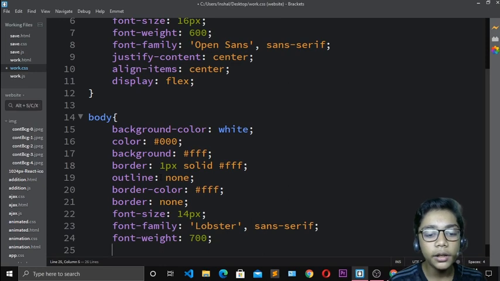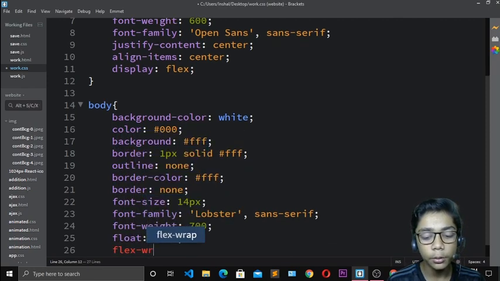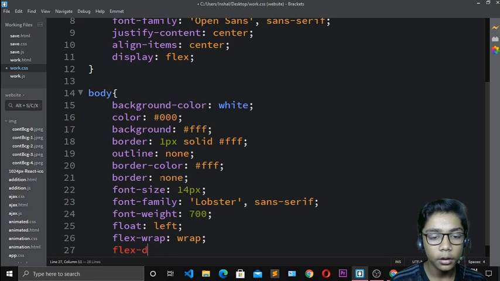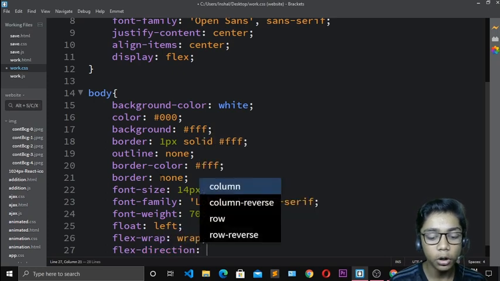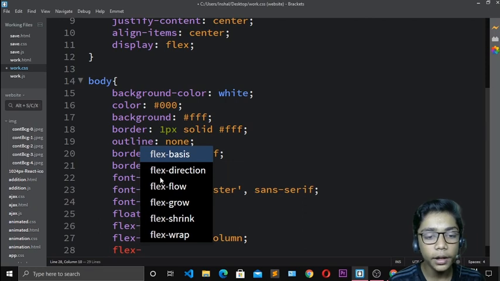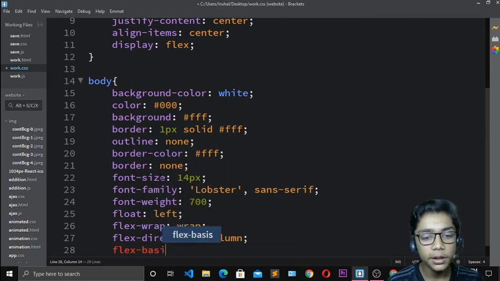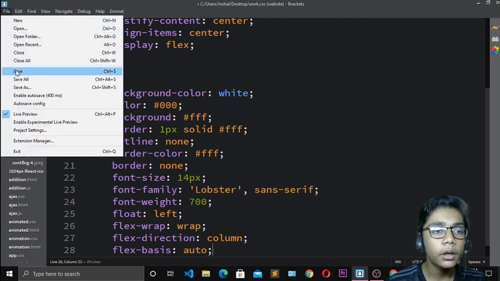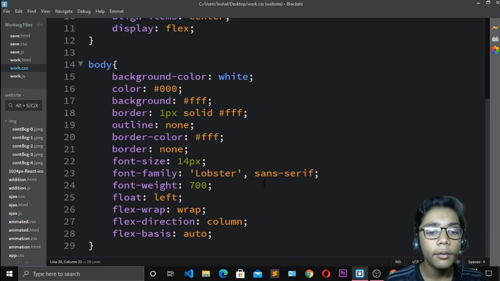And now when you've done that, come and write float into left, and write flex wrap should be wrap, and flex direction should be column. So I will write column, and now come and write over here flex basis, which should be auto or inherit. You can also write inherit, but auto is just perfect if you are doing any game. Now here you can see we have done this part.